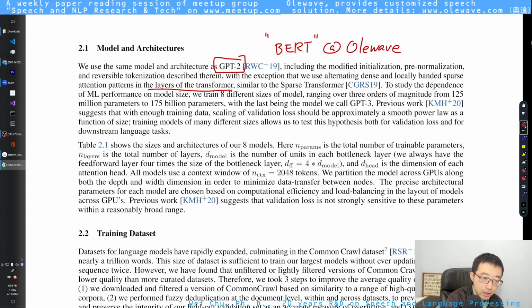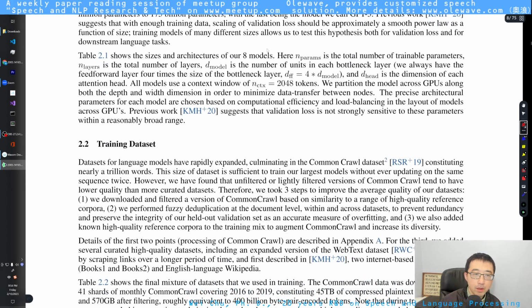I think the training dataset part is very interesting to me. Here they talk about how they downloaded and filtered. They actually didn't talk about the details of how they filter this Common Crawl dataset, and how they did the deduplication.